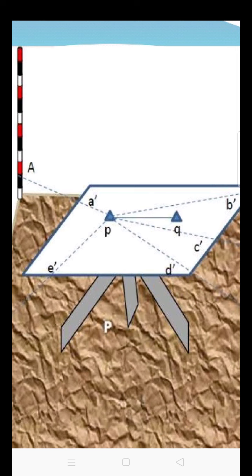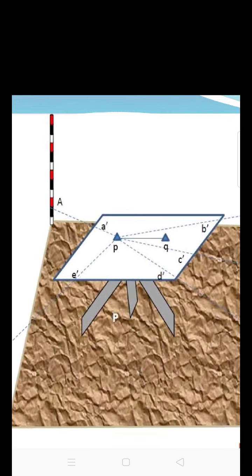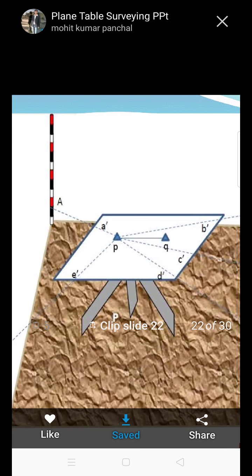You keep the alidad touching to line QP at station Q and bisect the ranging rod at P, that is the backsighting method. Or otherwise, if you have already drawn the north direction, you can also do it with the magnetic meridian method. And from point Q, once again bisect the A, B, C, D, E points.